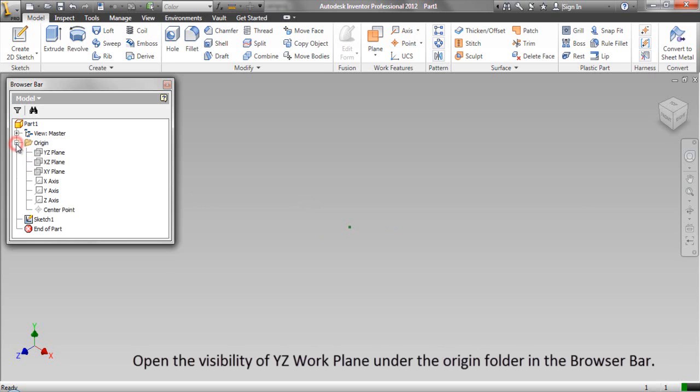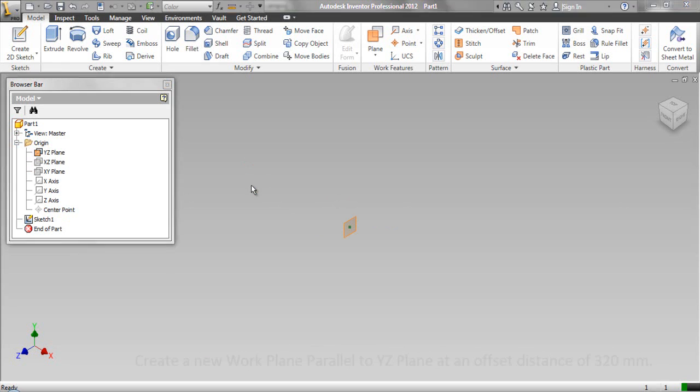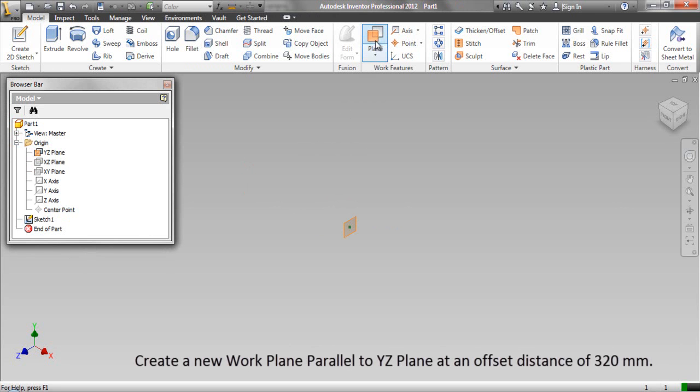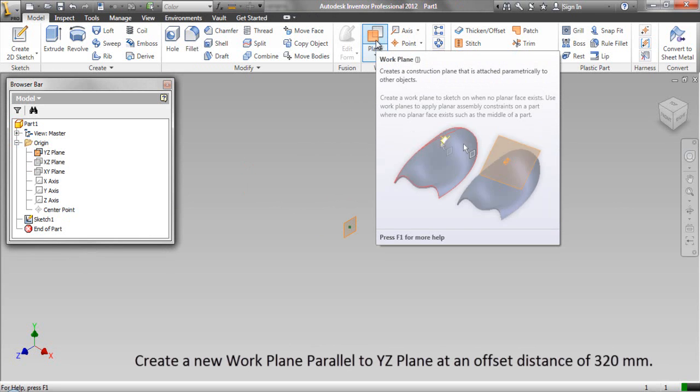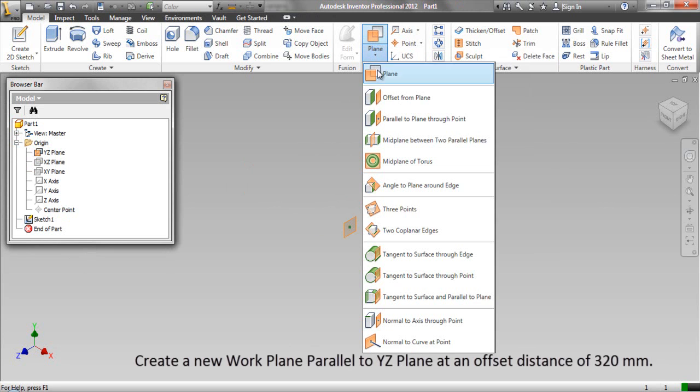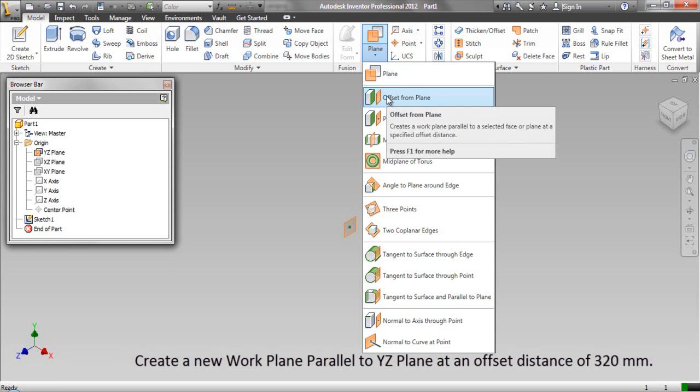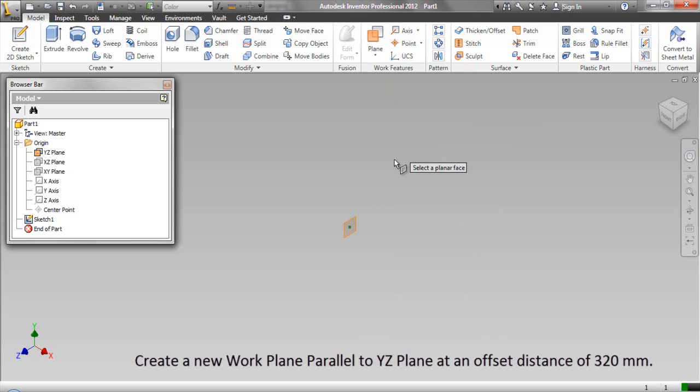Open the visibility of YZ workplane under the origin folder in the browser bar. Create a new workplane parallel to YZ plane at an offset distance of 320 mm.